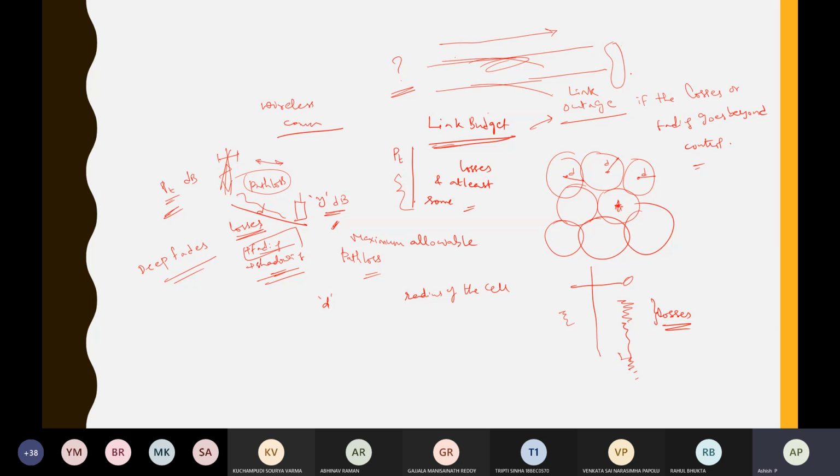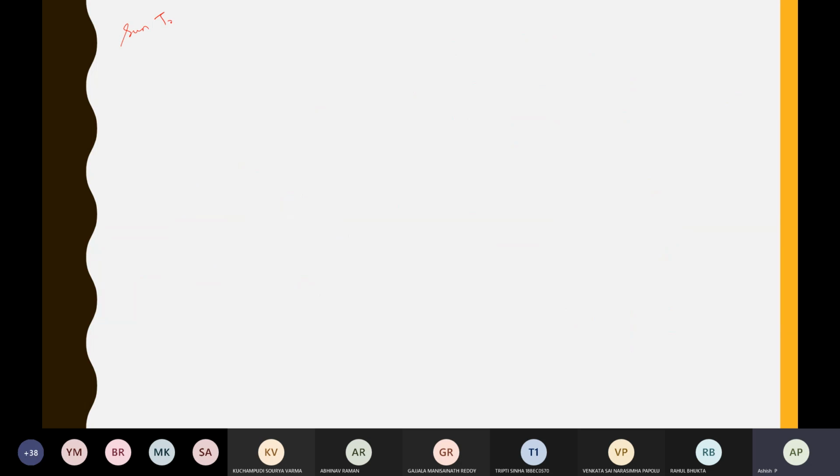Similarly, even in satellite communication, as you have studied in the second unit, some people have written about the sun transit outage. Sun transit outage is when the satellite comes in between the earth and the sun. This is the sun, this is the earth. We have written that the sun is a microwave source of heat and light.